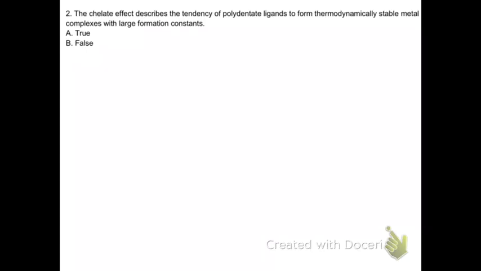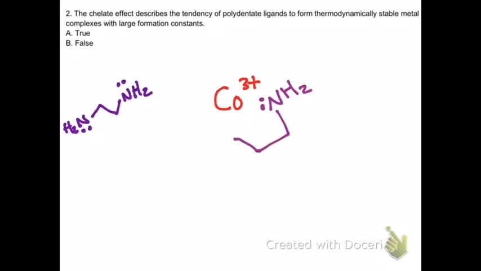So if we consider a transition metal complex, let's just pick randomly a cobalt-3 metal complex. Let's say we were to add in a polydentate ligand. I'm going to use ethylene diamine as an example. So ethylene diamine is bidentate. That literally comes from the words meaning 2 sets of teeth because it's got 2 lone pairs of electrons on it. So when we add ethylene diamine to a solution that has cobalt 3 plus, for example,